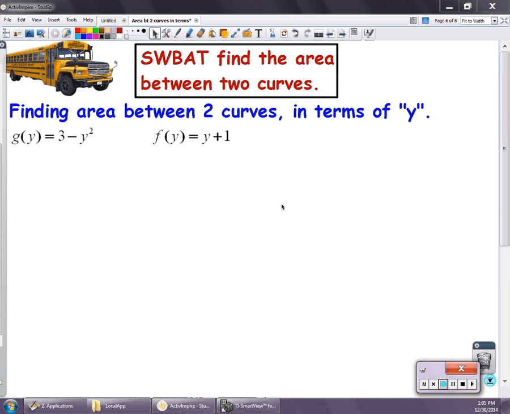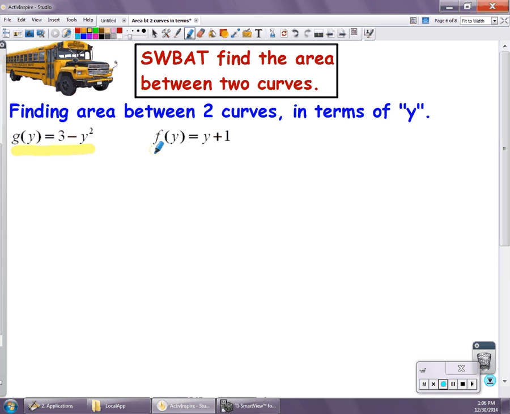So we've already been finding the area between two curves in terms of x. And in this video, we're going to take a look at an example of when finding the area between two curves would be easier and more convenient in terms of y. All right, so let's take a look at this particular problem and notice that in this problem the functions